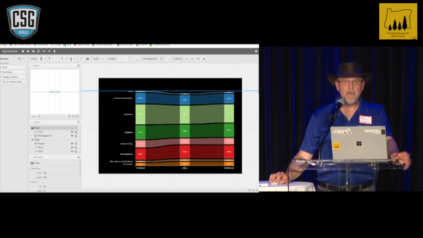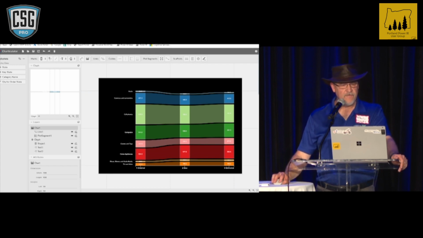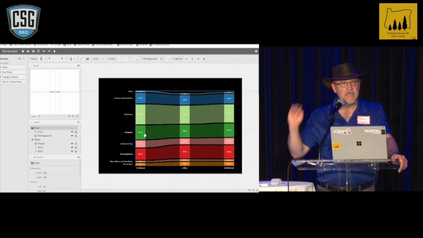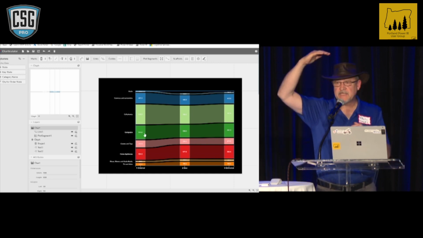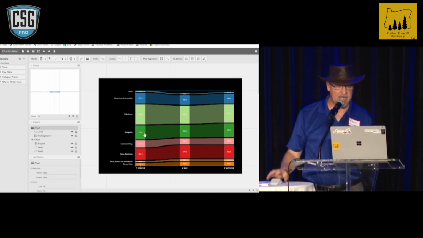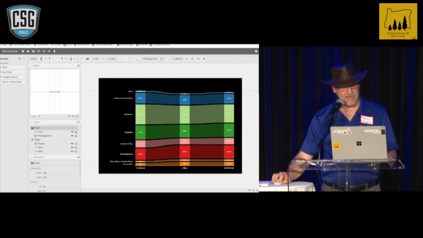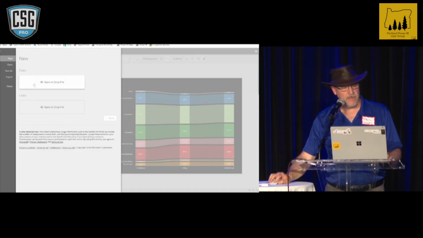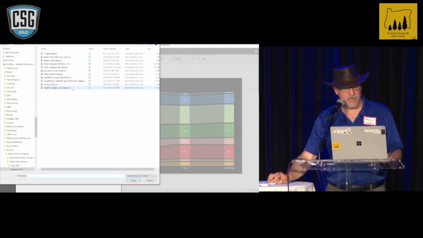But just imagine that if I were to go back a few levels of undo, I would just create a stacked bar chart. In fact, I'll tell you what I will do, is I will just get to that point. Let me just do a new one, and we'll do this,